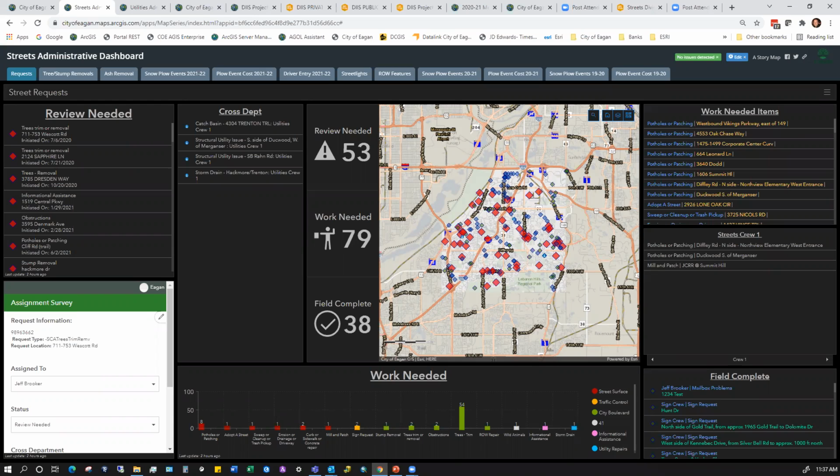Because we were already using requests in our public works and central maintenance, it was really easy for us to expand that to the rest of the city, and also take into account the requests that we were getting from the old system that we were using. So we were able to take all of that and adapt it to the survey, and the survey was pretty easy to put together. It's an open enough form that we get the information we need from the public.